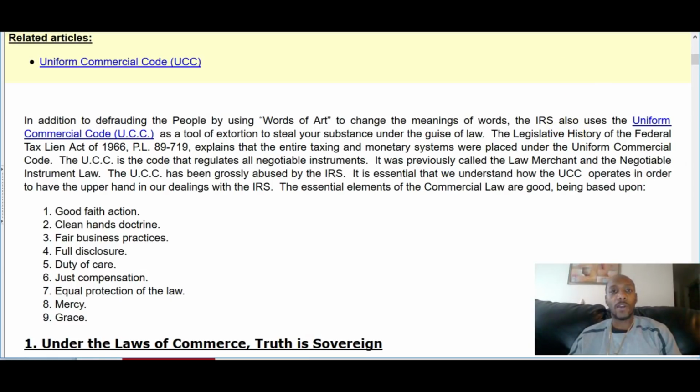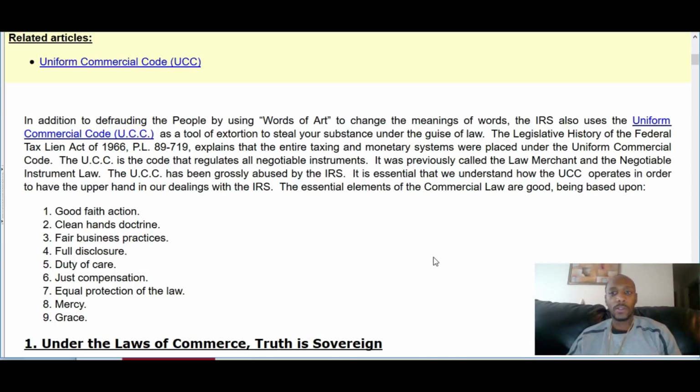Alright, so we're going to dig right into it. Now, Uniform Commercial Code, UCC. In addition to defrauding the people by using words of art to exchange the meanings of words, the IRS also uses the Uniform Commercial Code, aka UCC, as a tool of extortion to steal your substance under the guise of